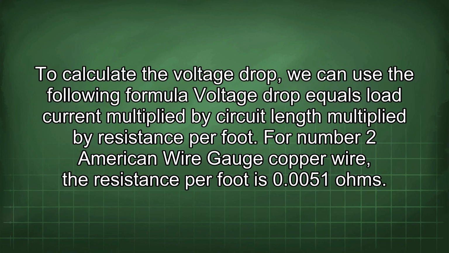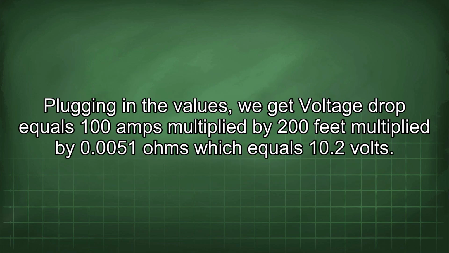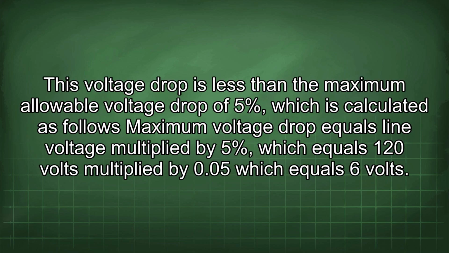To calculate the voltage drop, we can use the following formula: voltage drop equals load current multiplied by circuit length multiplied by resistance per foot. For number 2 American wire gauge copper wire, the resistance per foot is 0.51 ohms. Plugging in the values, we get voltage drop equals 100 amps multiplied by 200 feet multiplied by 0.51 ohms, which equals 10.2 volts. This voltage drop is less than the maximum allowable voltage drop of 5%, which is calculated as